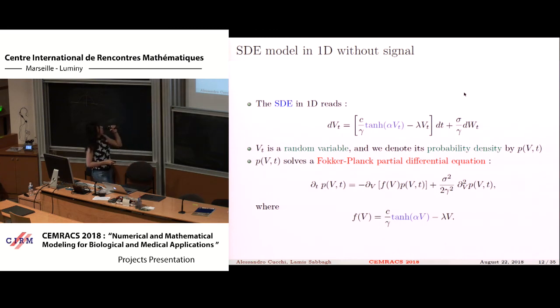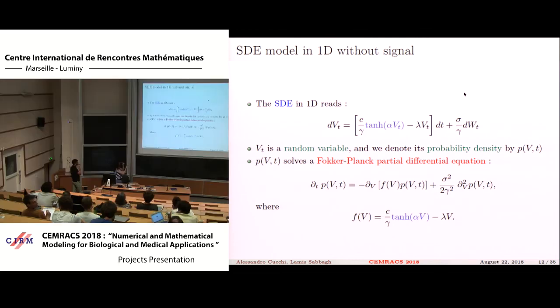First, we consider the 1D model without signal, without the effect of the environment. The 1D stochastic differential equation reads as follows, where V here is a random variable in R. If we denote by P its probability distribution, then P satisfies a Fokker-Planck equation. At stationary state, we have the time derivative of P equal to 0. So we get,